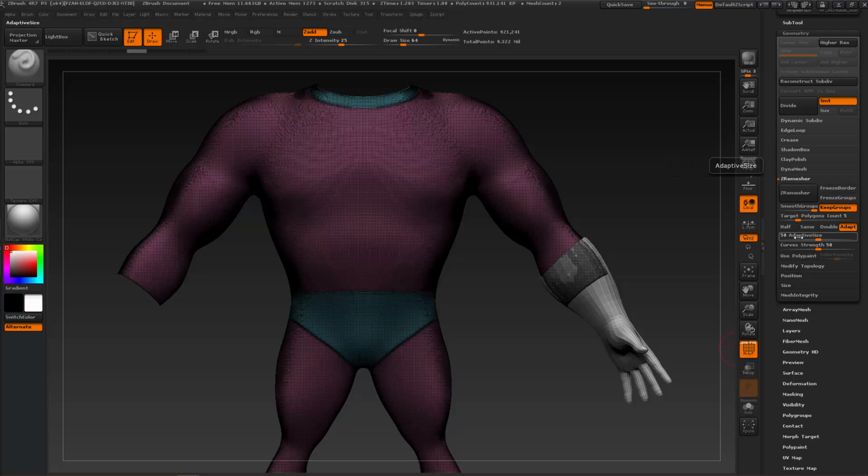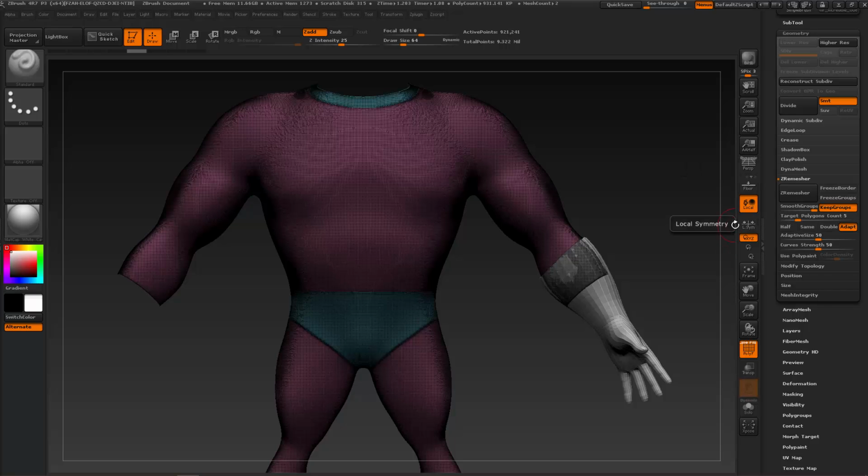However, with an adaptive size of 50, it will take a look at this 5,000 target polygon count, but since this is 50% adaptive size, it will also decide to add more polygons when it thinks we will get a better result. So with a 50 adaptive size, it's not gonna follow the target